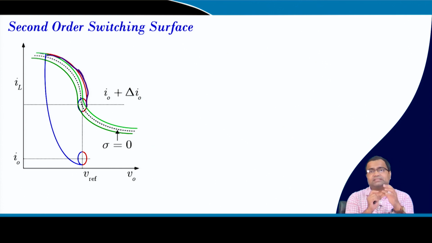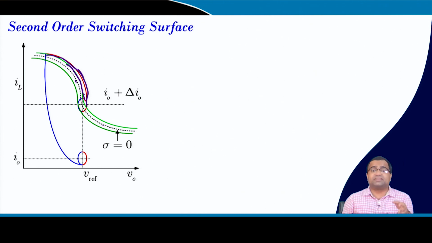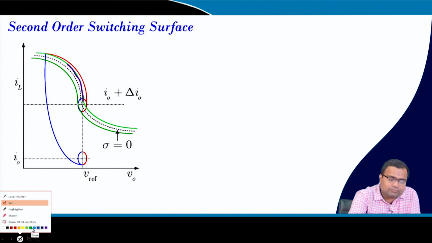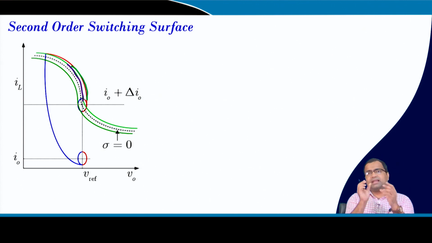So, here the second order switching surface is better compared to first order, which takes somewhat closer to the desired trajectory, because you can see the green one is the parallel line to the actual dotted line, the second order surface, and the red one is my off state trajectory. So, that means my red one is the off state trajectory, though they are not exactly equal. I am talking about this green one and this one. So, they are actually away, slightly different, but it is far better than first order.